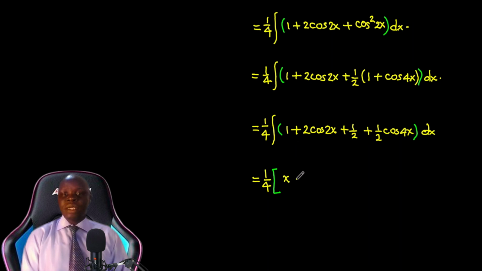Now, here we will add our 2, but we need a special bracket here such that if you integrate cosine, you get sine, and we maintain our angle, that is 2x, but then we have to divide by this 2, which has attached itself to this x. So we close up the